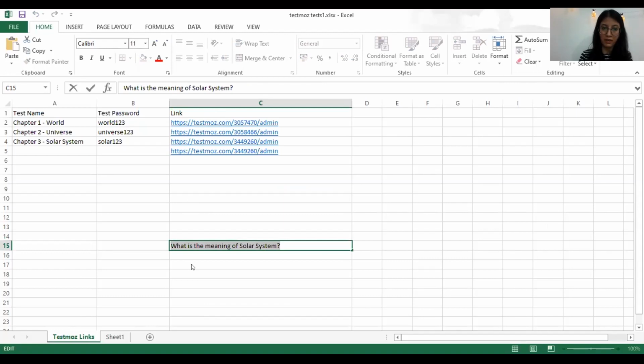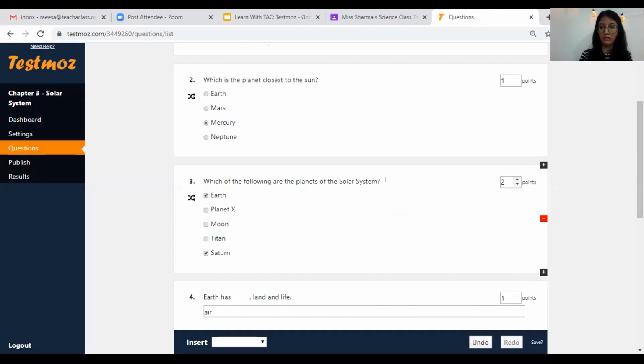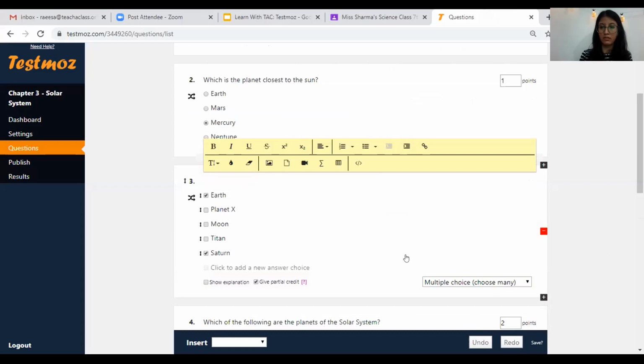I can go back to my test mouse. Simply right click and so here my question has appeared. So if you have a question bank prepared on any other file, you can simply copy those questions and paste them over here. Also in the premium version